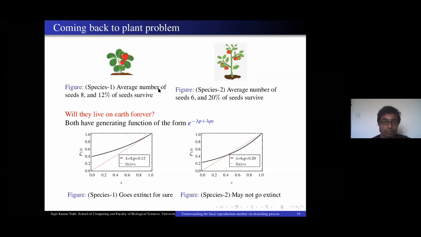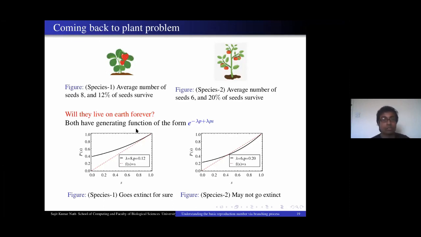So intuitively, it is very difficult to answer whether one of them will go extinct or not, because in this case, the average number of seeds is larger, but the probability of survival is lower. But in this case, the average number of seeds is lower, but the probability of survival is a little larger. So intuitively we cannot answer this, but using generating function we can answer whether one of them will go extinct or not. Now in our Poisson-Bernoulli model of the generations of plants, we have seen that